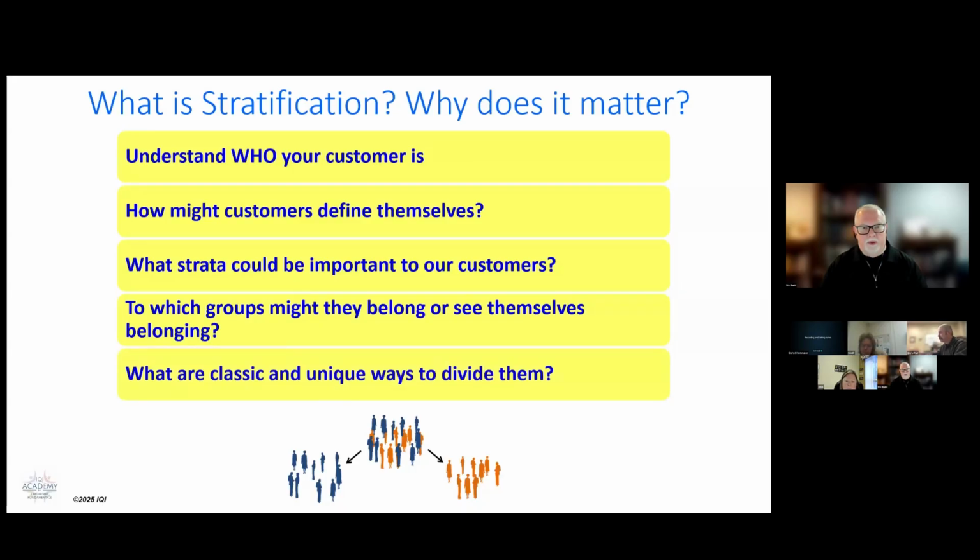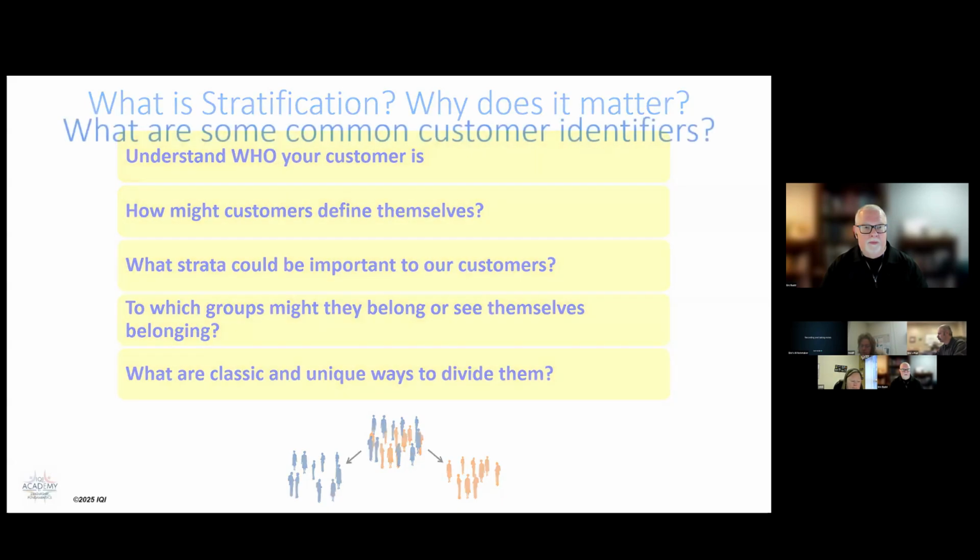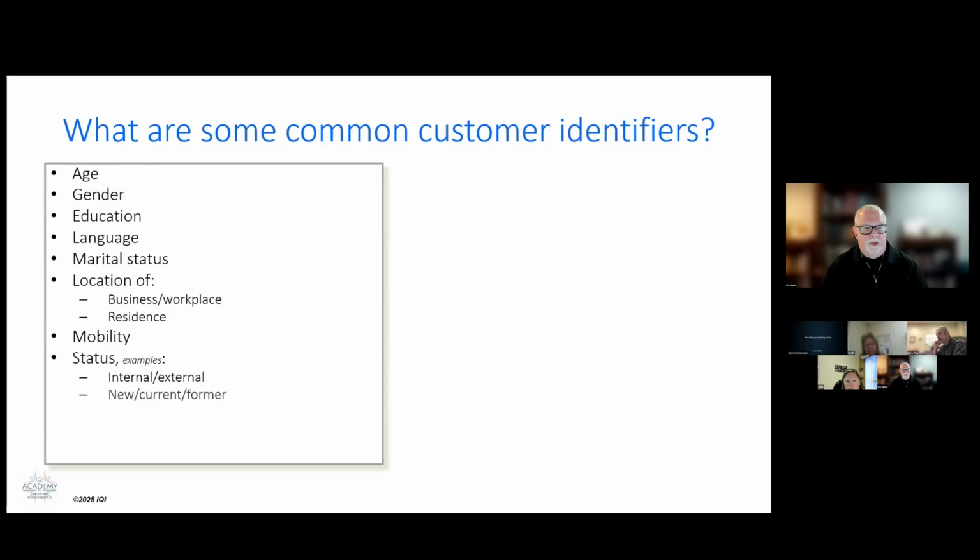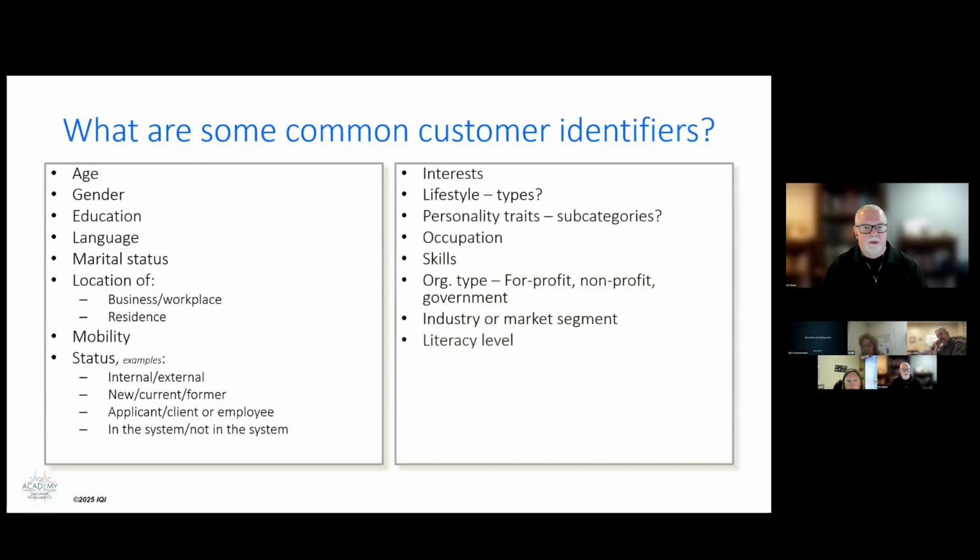So here's some examples of different strata. You'll recognize some within the people you work with, both residents and fellow coworkers. So what are some common customer identifiers? Well, here's several. As you see these on the screen, do you recognize any of these as classifiers that help distinguish people you either serve as resident customers or as coworker customers in your workflows? What are your thoughts?